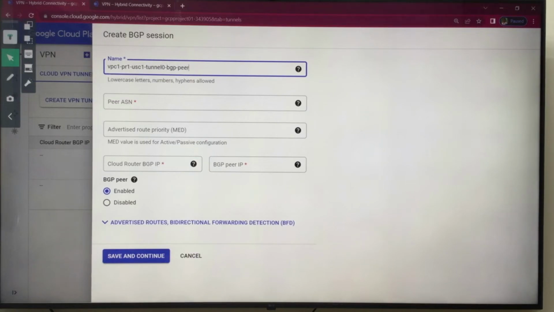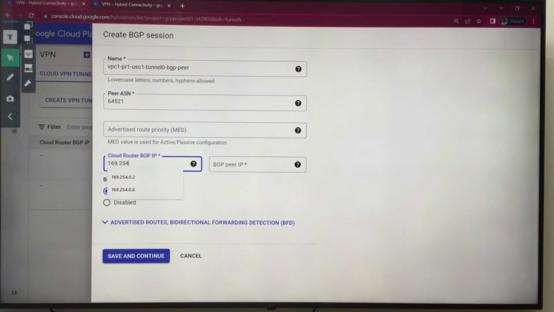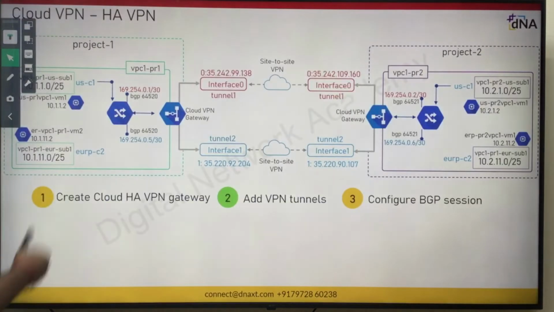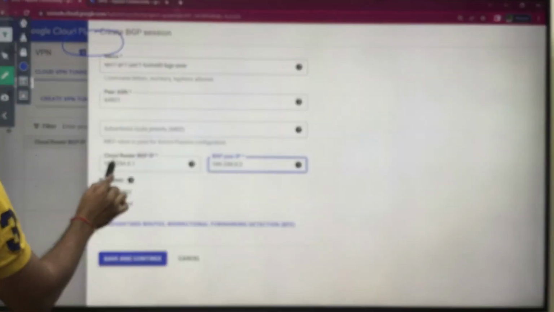BGP peer. Okay, AS number 64521, which is PR2, where we have defined these under the cloud router. Now the IP address is 169.254.0.1 and the BGP peer is 169.254.0.2. Don't get confused. See here, now you are in project 1, this cloud router BGP IP address